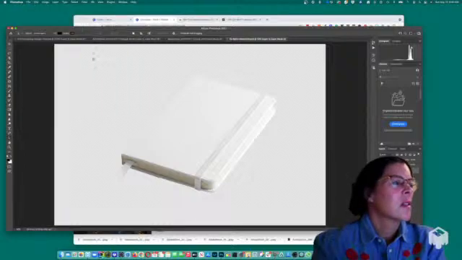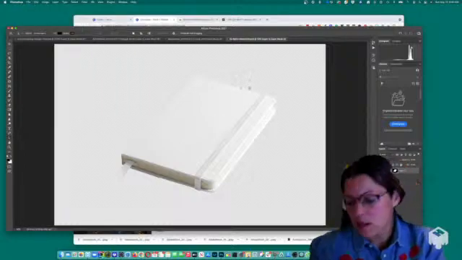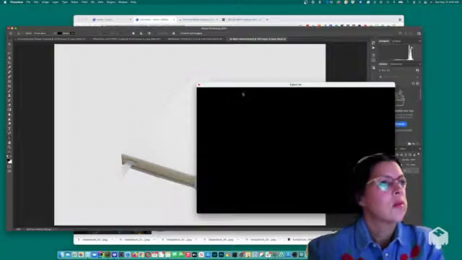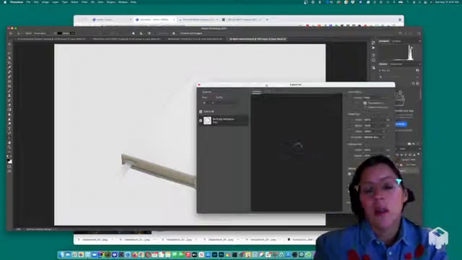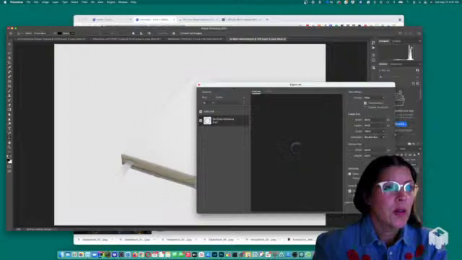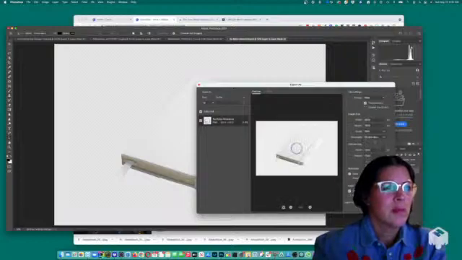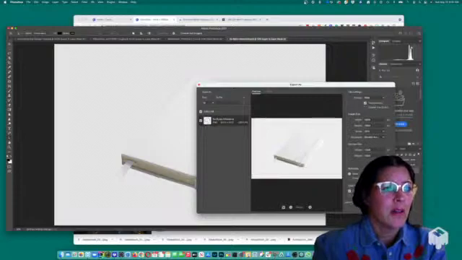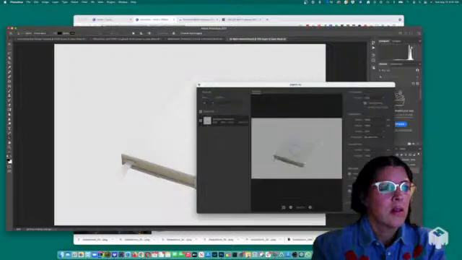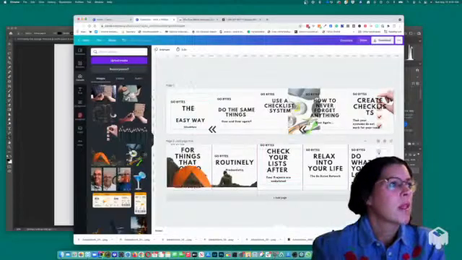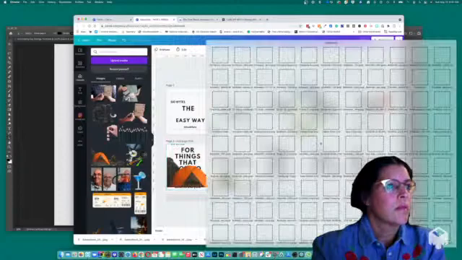So we're going to go to export as. And so this thing is not huge, which it tends to be. I mean, you could be putting this on a billboard. You could be putting it on a bus bench. So, you know, it's massive. So let's scale it down. That's going to be fine. All right, good to go. So now we're going to take this PNG